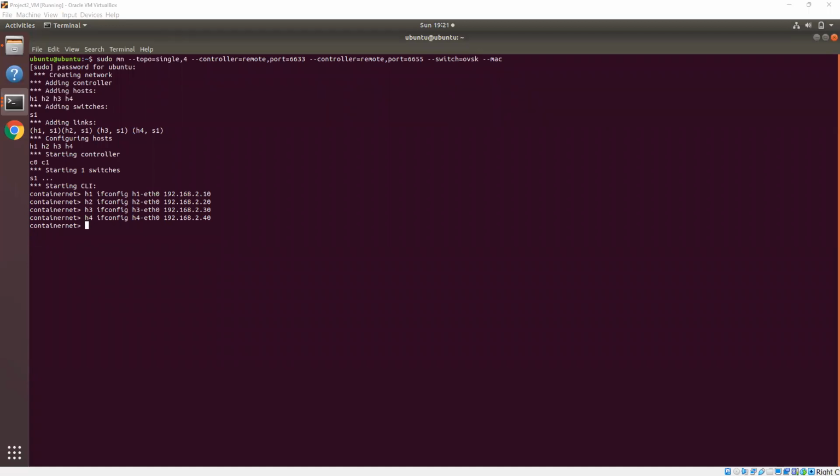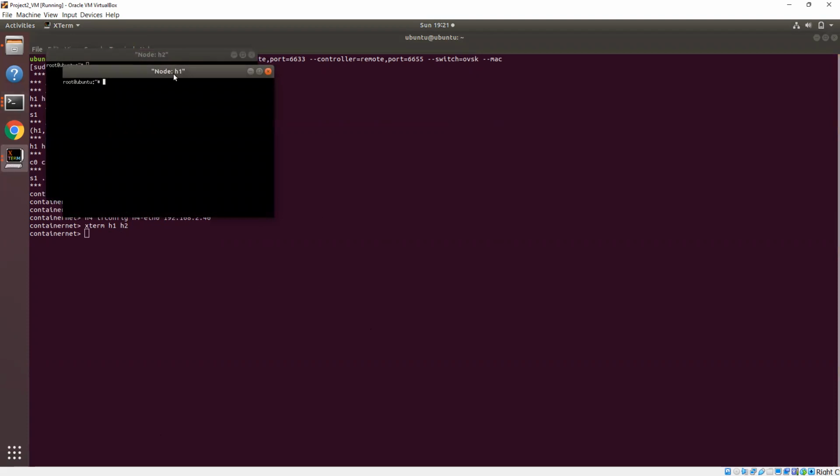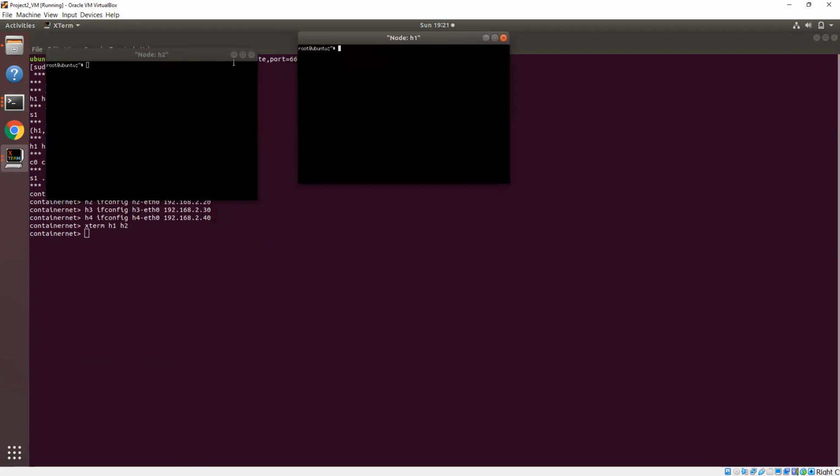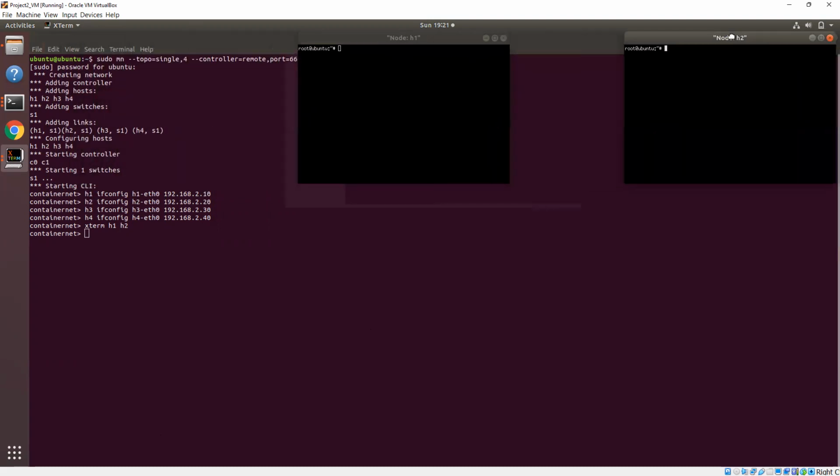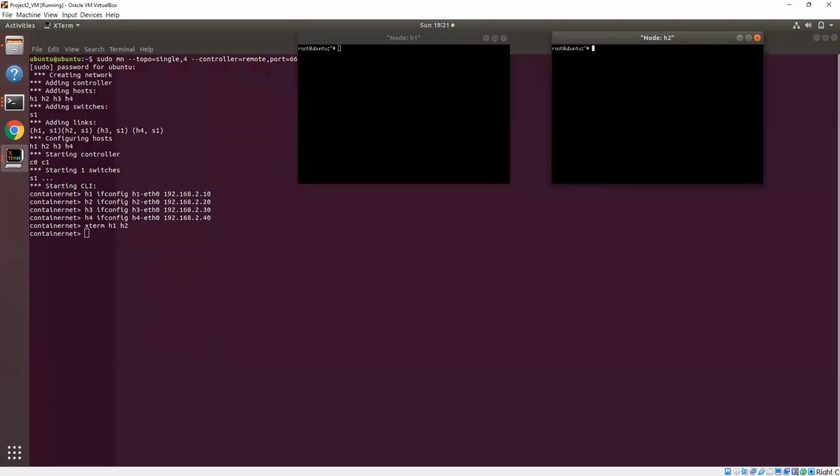Now, to block HTTP traffic from the H2 host, what we do is first use xterm to open the H2 host and along with it any other host. So we open H1, H2. Next we write the following command to check for the flow of traffic. Here in H1 we write